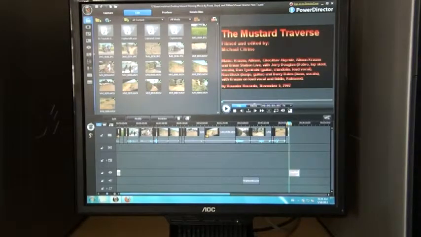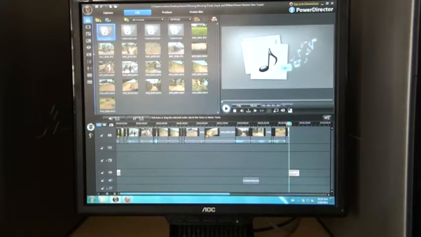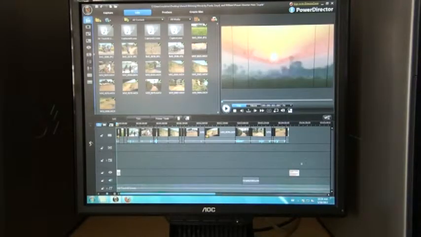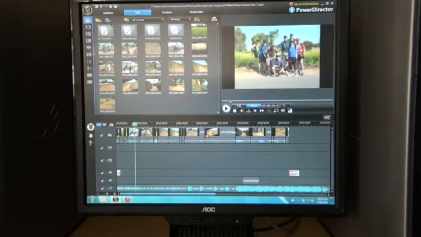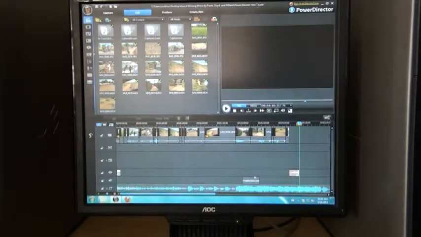So I've got my credits finished, and I think I'm ready to add some music. What I'm going to do is just drag the music down to the beginning of the line here with the notes on it, and I'm going to click on that, and I'm going to drag the cursor up to the end. I want the music to play right up to the end of the credits, and so I'm going to split that and delete the extra,